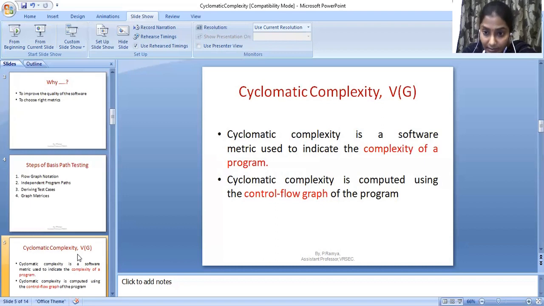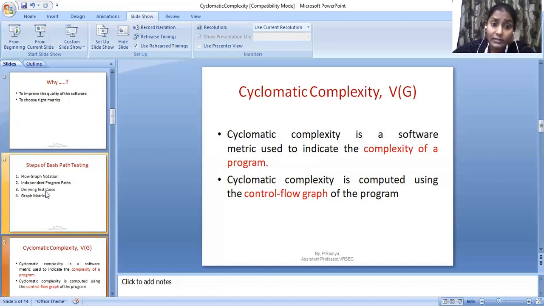So guys, please understand, cyclomatic complexity is a quantitative metric which will indicate the complexity of the program. If the programmer has developed the code, how do you know how much complexity it has? There are different types of measures, as you know: size, complexity, maintainability, performance metrics, etc. One of the types of metrics which will let you know the complexity of the code is called cyclomatic complexity.